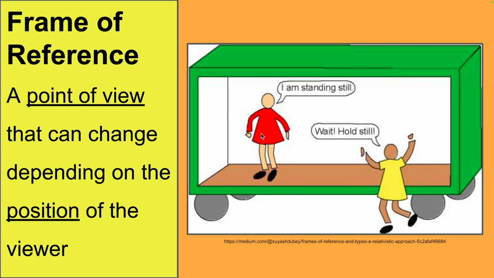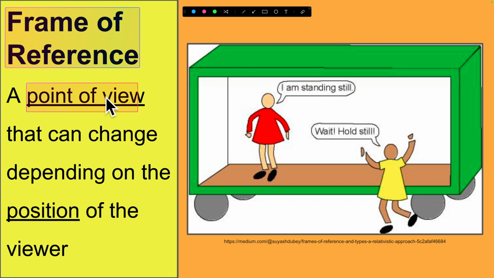And by that I mean the person that is on the train riding, like you in the backseat of a car, is seeing one thing, and the person that's on the ground looking at that person is seeing something completely different. And they're both seeing something legitimate. It's just that they have a different point of view. They have a different frame of reference. And you probably can make the connection to reading and language arts with point of view, first person, second person, and third person. It's just a different perspective from which you're looking at the same story. Likewise, this is a different perspective from which a person is observing something in motion.